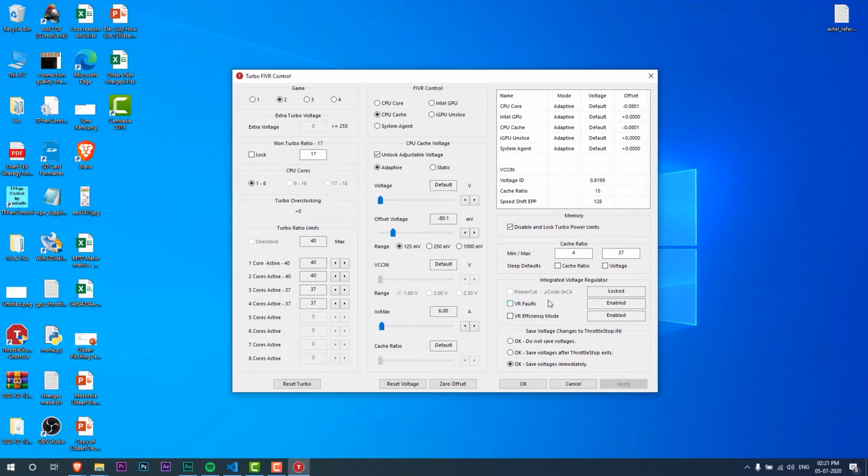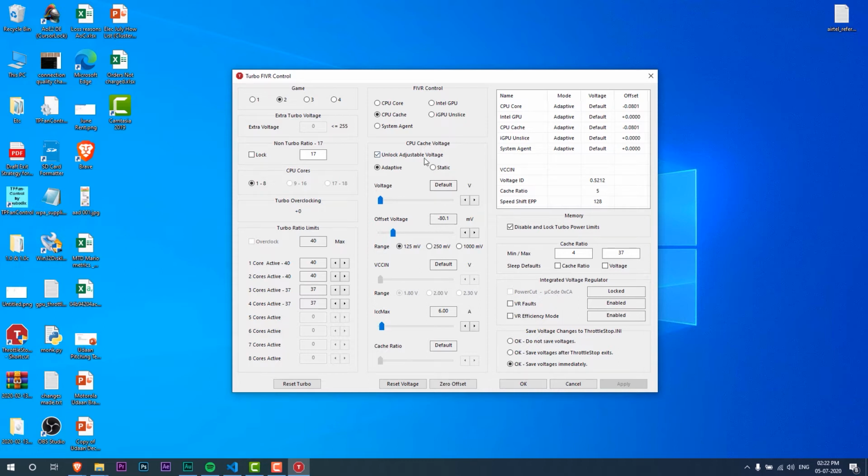What this effectively is doing is, for the same amount of clock speed, your CPU is utilizing less voltage, and consequently the temperature increase is lowered. The higher the voltage, the higher the amount of heat being generated in the system, and the higher the temperature. So the idea is to reduce the voltage to reduce that subsequent change in temperature. It doesn't really affect the performance of the CPU. What we're doing here is ensuring a reduction in temperature at the same clock speeds. So that's it.